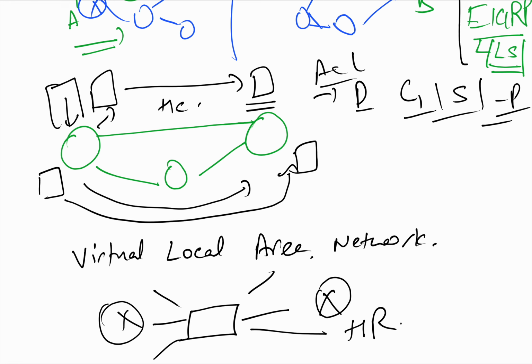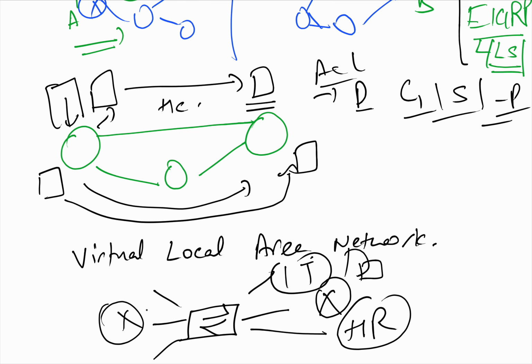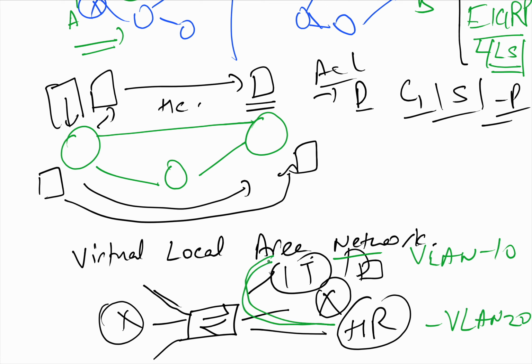For a very simple example that I learned years back, one is HR, one is IT, other teams using different resources. So these are the servers. Rather than separating the network as a whole, we create a virtual LAN. For example, a user who has access to both HR and IT will be added to both VLANs. IT is on VLAN 10 and HR is on VLAN 20. So they get access to both VLANs and are able to use both.